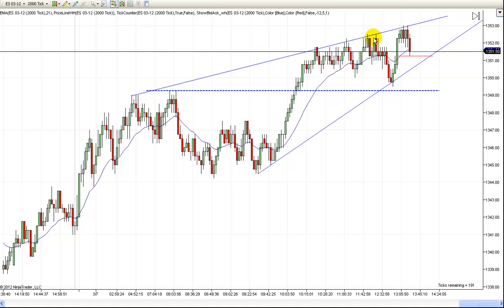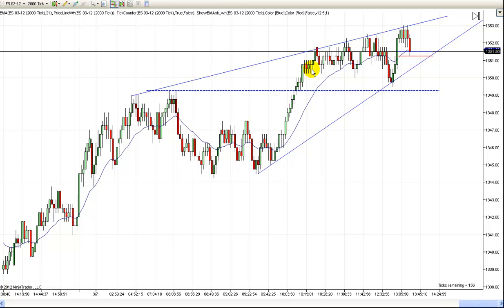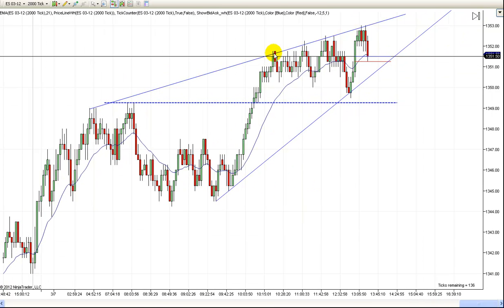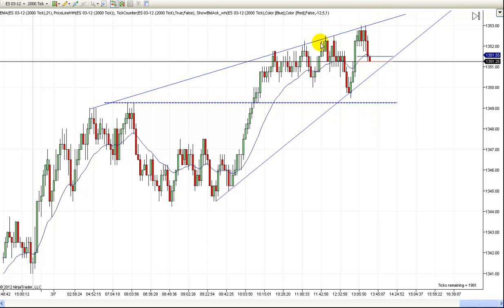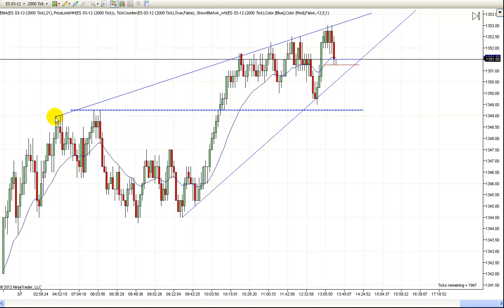So we were looking for prices to stall up here based off that first leg right there. And then we got this next leg. Now this leg was a lot more bullish, and it's possible that we'll get a measured leg off of this leg, but I'm just not so sure this late in the day with prices really finding strong resistance in here. So we'll see if this trend line holds again, but you've also got this